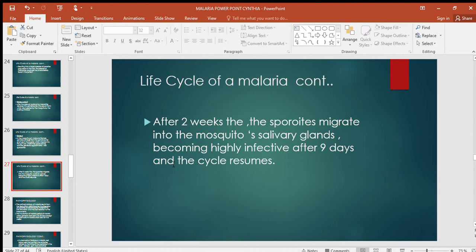As the mosquito is feeding on the blood of that infected person, it has taken up the gametocytes, the females and the males. When it sucks in those parasites, they go into the mosquito gut, where they meet sexually to produce the sporozoites. Now after 2 weeks,